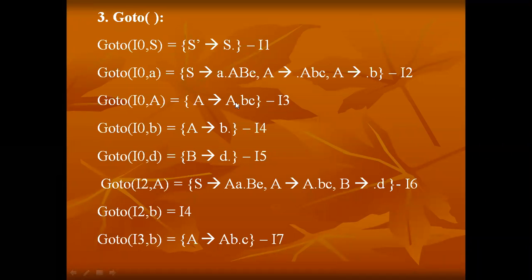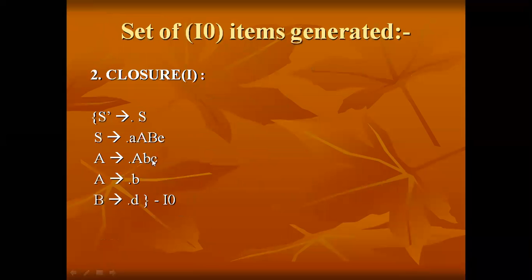Right, is it clear? But why are we not writing anything here? Because after the dot we have a terminal. If we have terminals, there is no need to write the productions from I naught. If you have non-terminals like this, what is the variable here? A. From the I naught we have the rules for A, so just write those rules here. Is it clear? And here the third rule is also completed by calling the goto function.